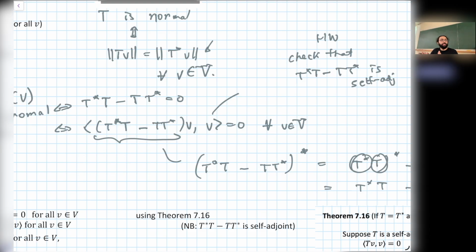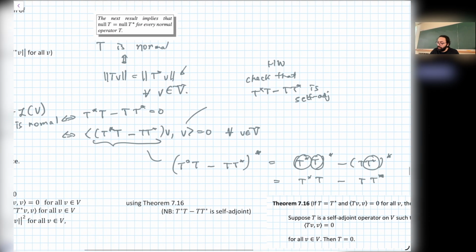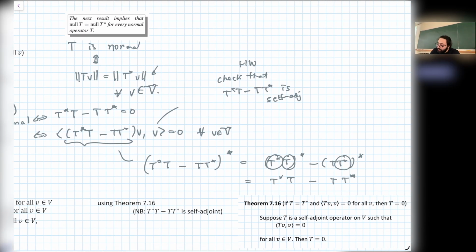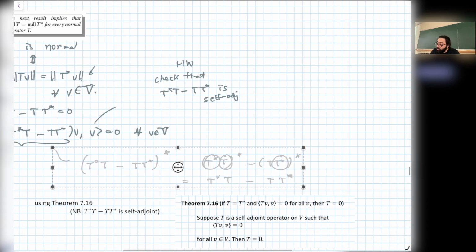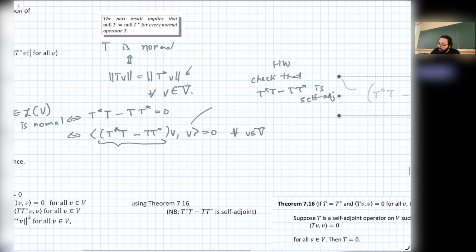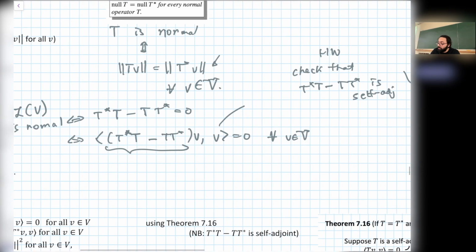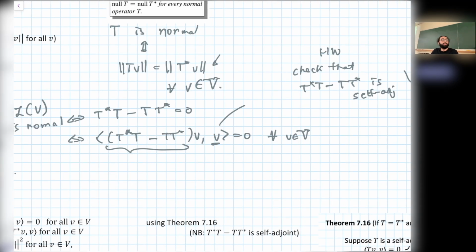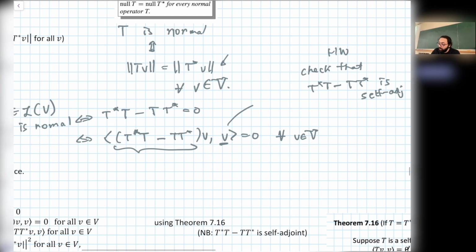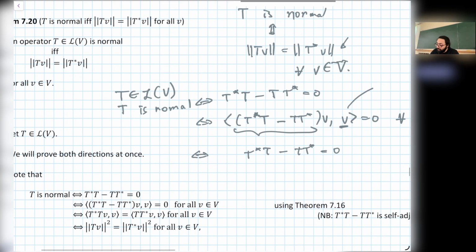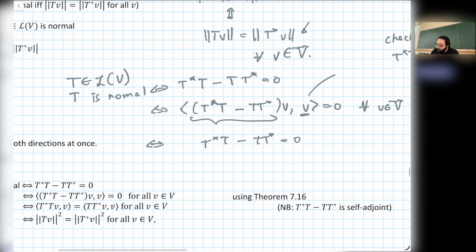Okay, for now you can believe me. You can go home and do the calculation at peace. You don't have to rush it. Assuming it is self-adjoint, right? We just proved a few seconds ago that in that case, we don't need to make any assumptions about the vector space. It can be real or complex, doesn't matter. In both cases, one can conclude that T star T minus T T star has to be 0. Is that step okay? Okay, that is why we were building all these things, right? So they're kind of fitting into each other. So you have this result, and right. So we have